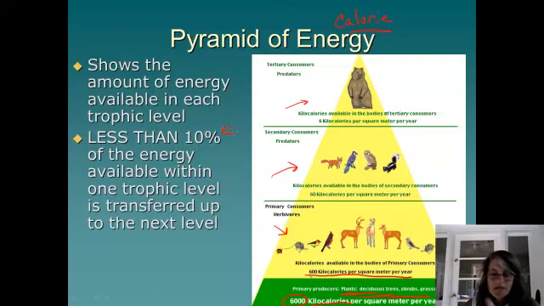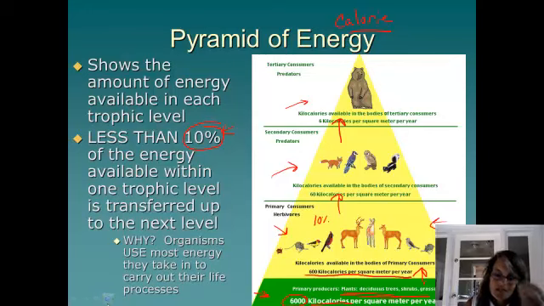Indeed, this is an important number, okay? Less than 10%, all of the plants down here, all the producers, will pass on to the consumers that eat them in this first level consumer category, will pass on only 10% of the energy that they have been exposed to, okay? And these guys will only pass on 10% of the energy they got from here to this level. And these guys will only pass on 10% to the next level, okay? What we need to think about is why.